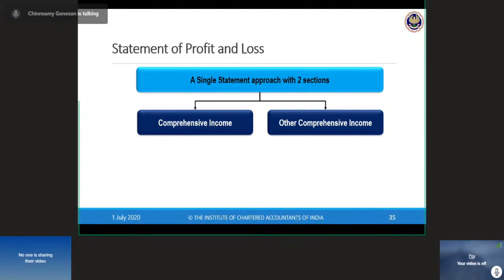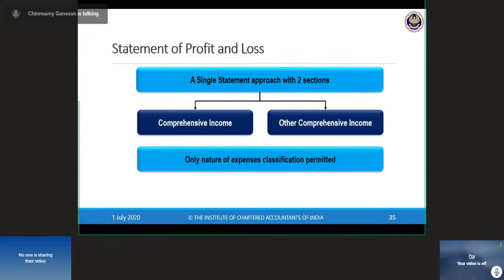Other comprehensive income statement is one of the new elements of Ind AS format. The other comprehensive income is another new element which we are going to discuss, and I will show you how it is presented. The nature of expenses is a classification which is permitted. What does it mean by nature of expenses model? When we are saying this nature of expenses model,